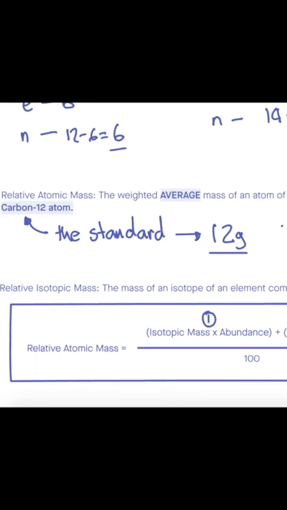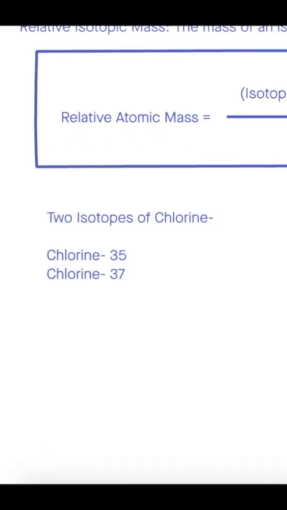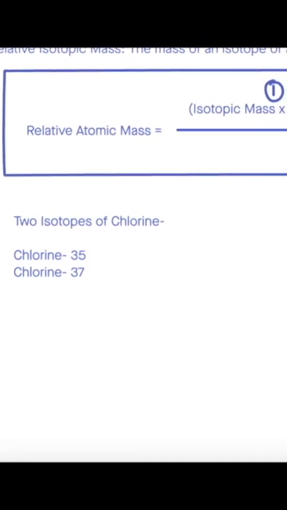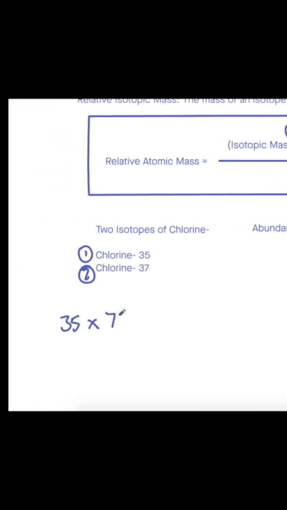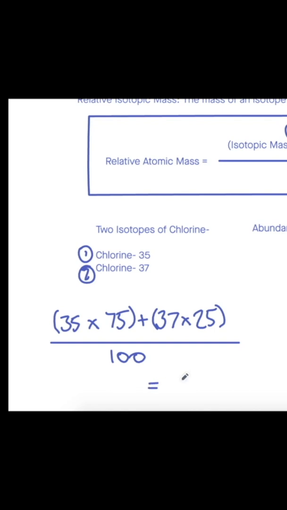So let's look at a quick example here. We've got two isotopes of chlorine, chlorine 35 and 37. And when we use a mass spectrum, we get the following graph. Two peaks, one at 35, one at 37, and 75% abundance for one and 25% for the other. To do this calculation, you do 35 times 75 plus 37 times 25 and divide that all by 100,